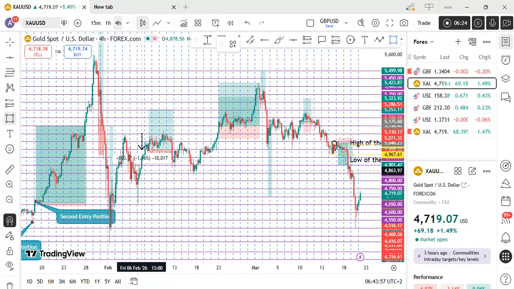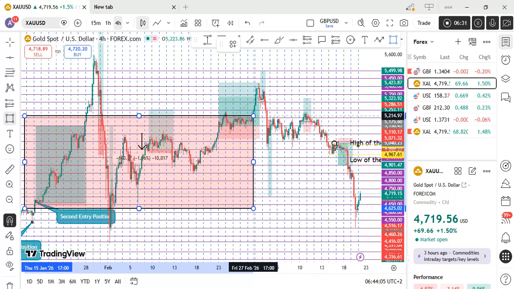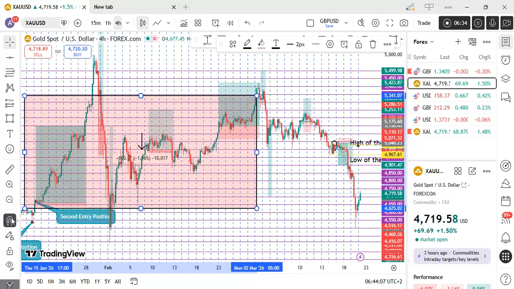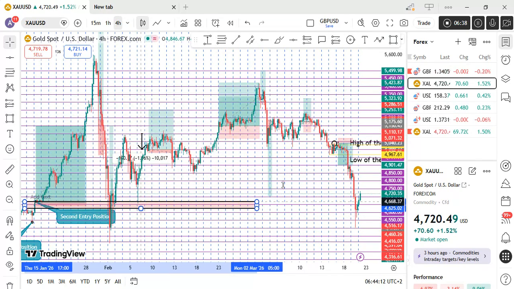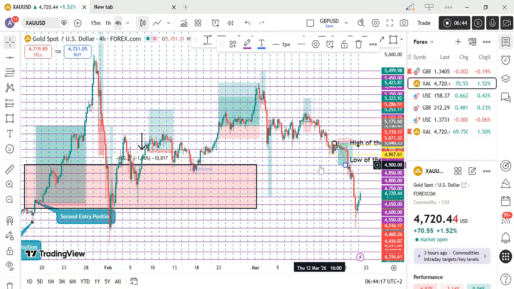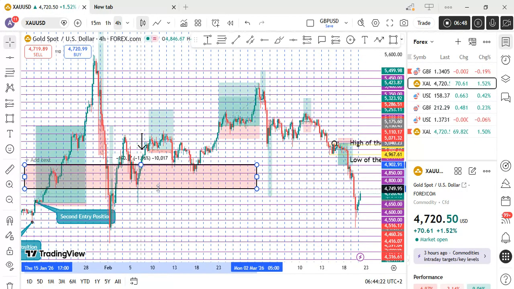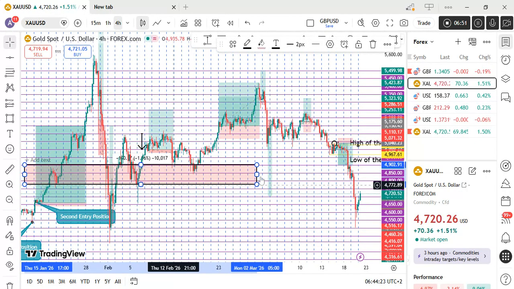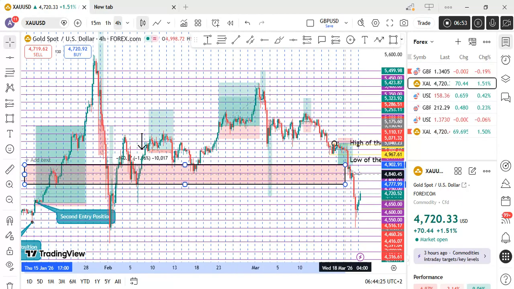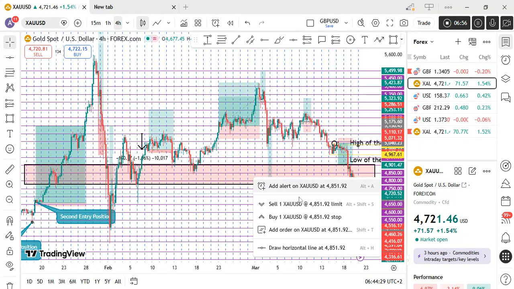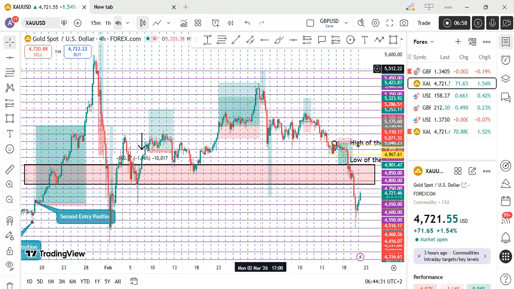So I'm quickly just going to highlight this level. So we have definitely found resistance around this level. We found resistance. So as you can clearly see, I'm trying to mark out these levels currently, so you can understand where I'm looking out for opportunities, where I'm looking out for confluences as well. So from this level, if I'm to draw this level up to this level, looking left, you can clearly see that there is a resistance on this level. There's a resistance on this level.